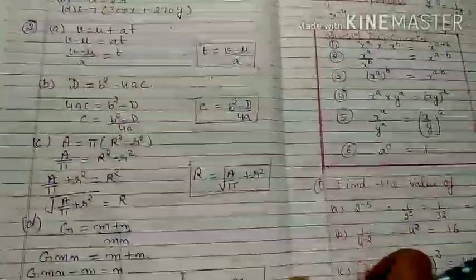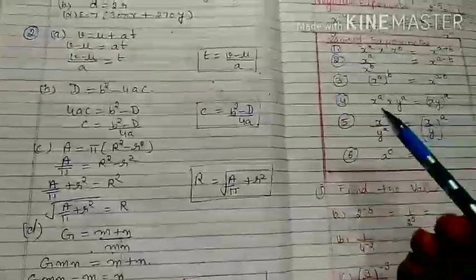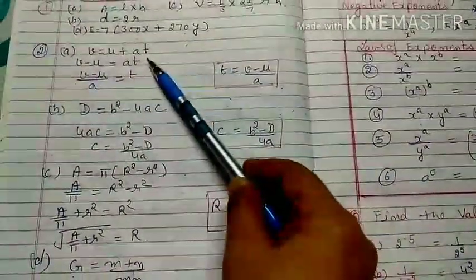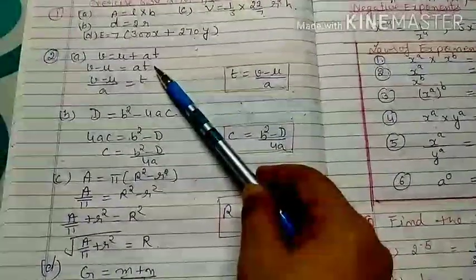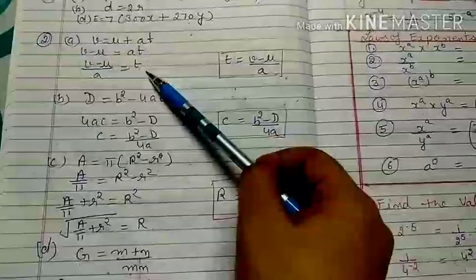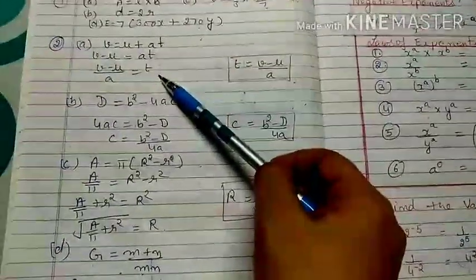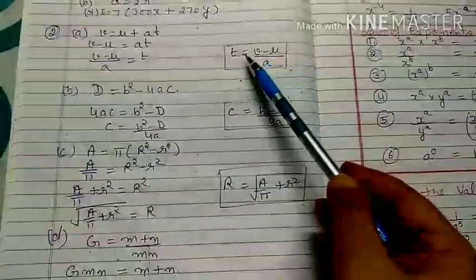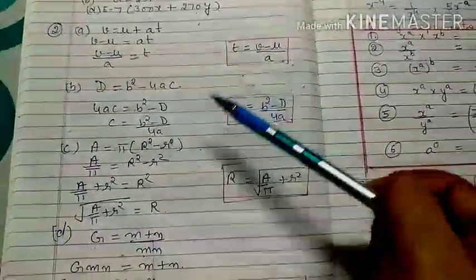In your second question, you change the subject as indicated in the formula. If your formula is V is equal to U plus AT, how will you extract the value of T? You shift other terms to the other side only. Whichever variable you extract the value of is kept on the one side and other terms shifted to the other side. That will be T is equal to V minus U by A.